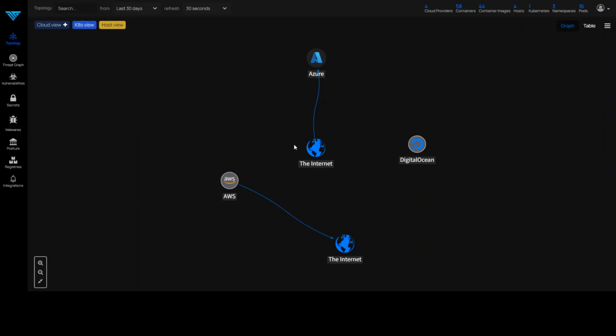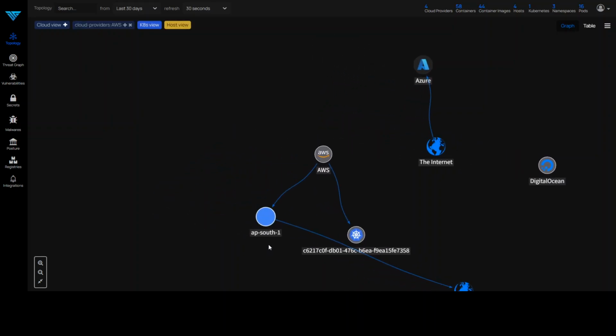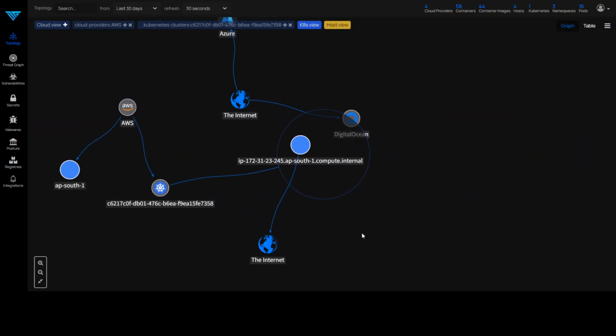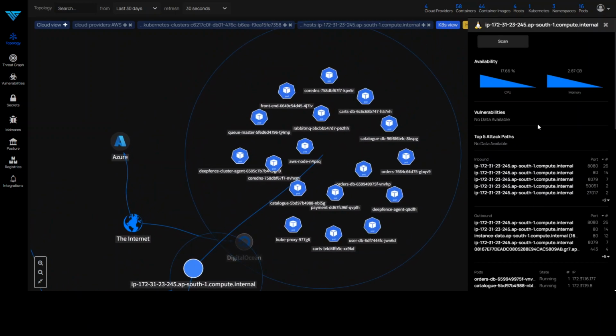For example, in this one, if you click on AWS, which is going to the internet, then it is showing us the region where AWS is, and then your EKS cluster. If you click here, then it is showing you what's running inside. There is one compute which is going out to the internet. If you click on this compute, then it will show you what the vulnerabilities are, if any, and then